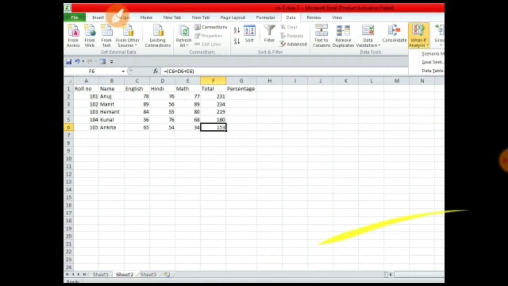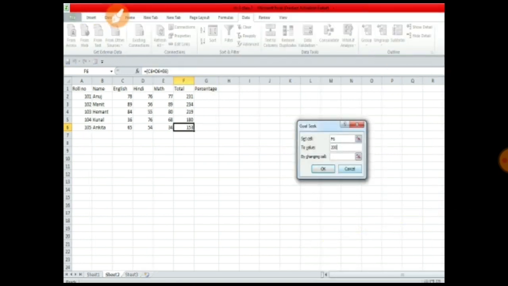Here you just have to click on the Goal Seek option. After clicking on it, this kind of dialog box will appear. We already selected our data value here, that is F6, because it's present in column F and row 6. So Set cell will appear as F6.